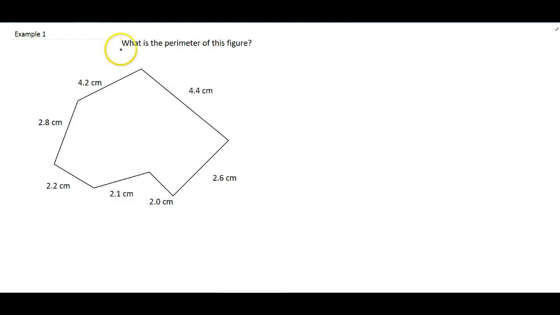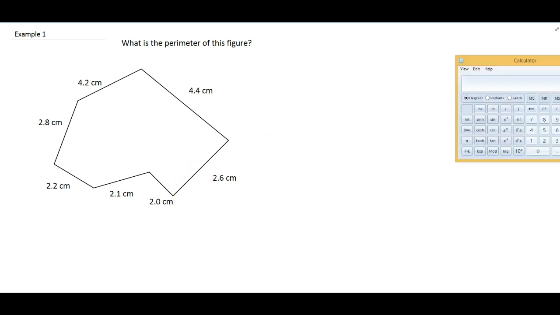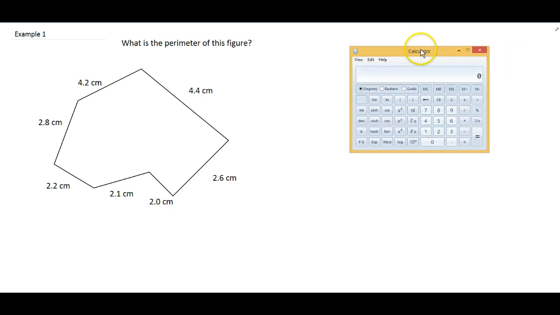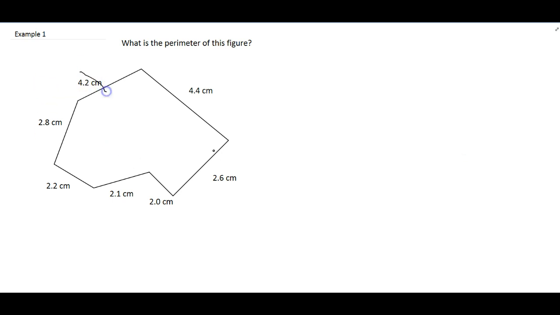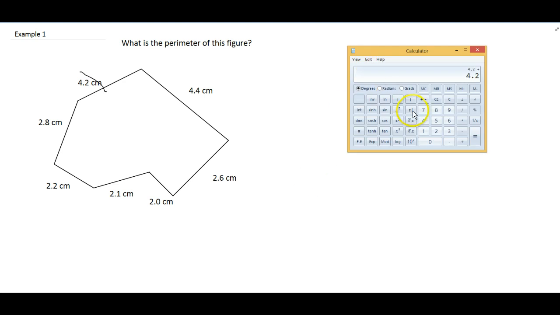Here we're being asked, what is the perimeter of this figure? Notice all of our measurements are in centimeters, and so there's no unit conversion that needs to be done. We're simply going to add them up. So let's pull our calculator in here. We have 4.2 plus 4.4 plus 2.6 plus 2 plus 2.1 plus 2.2